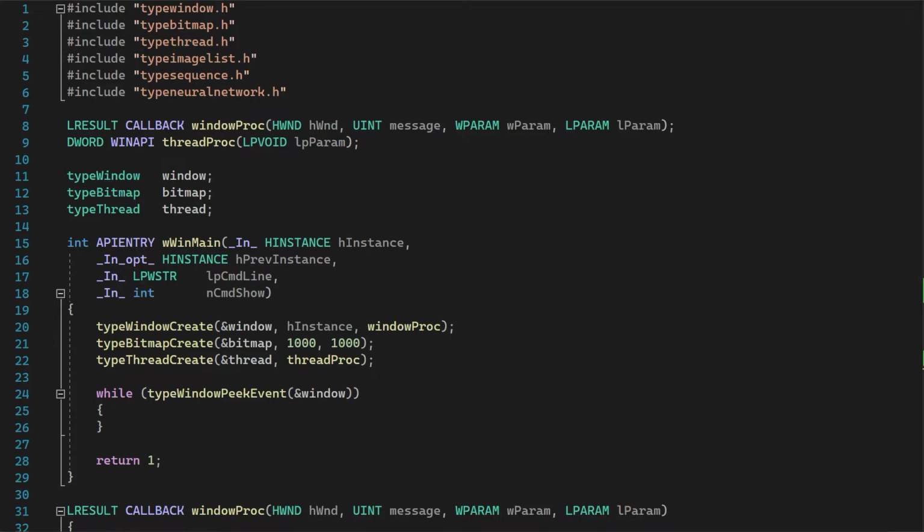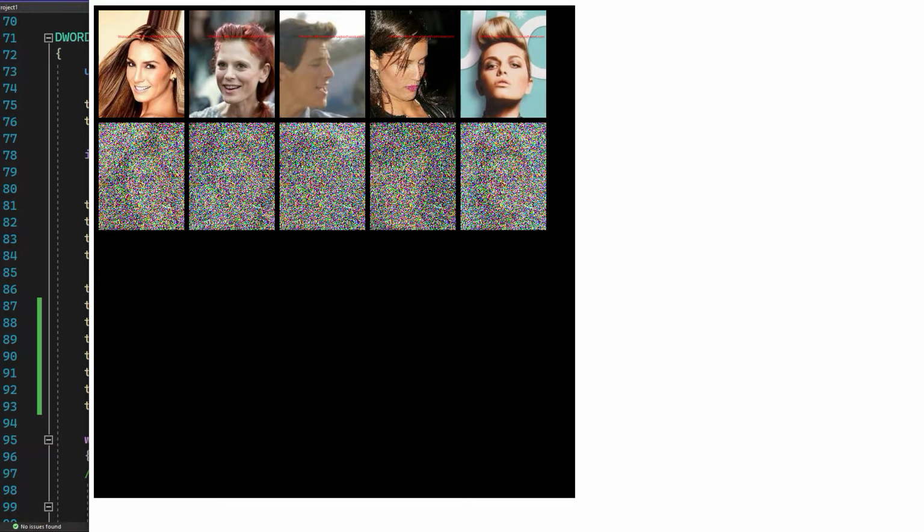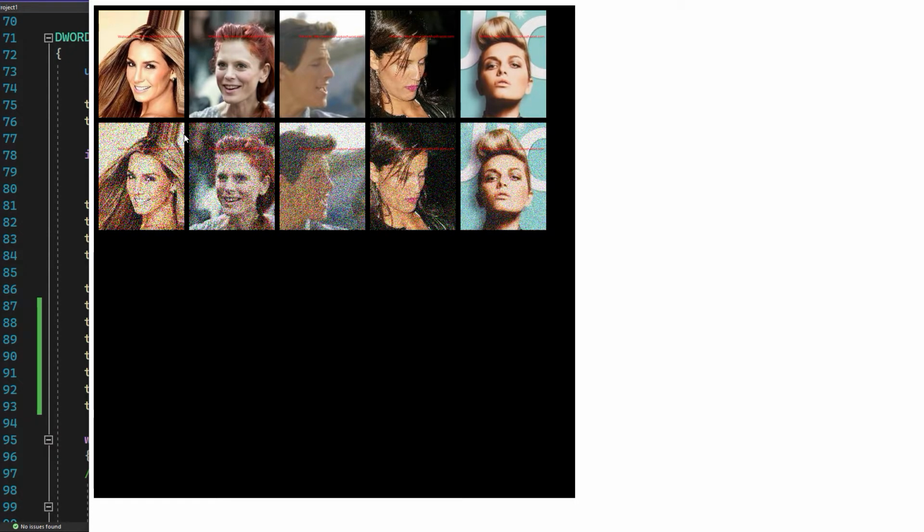Okay, where are we here? Let me run it and see what happens. Oh, there it is. Right now, it's using just the bias layer to learn how to undo the effect of